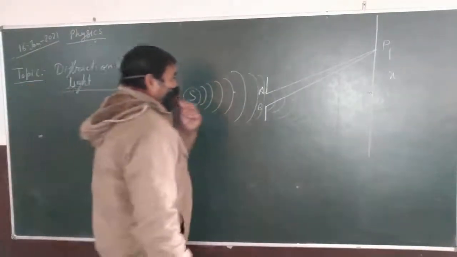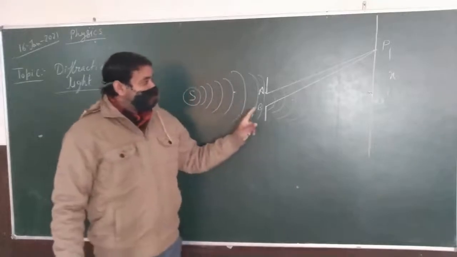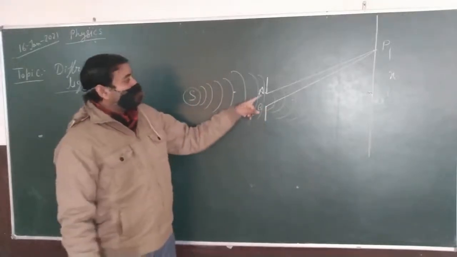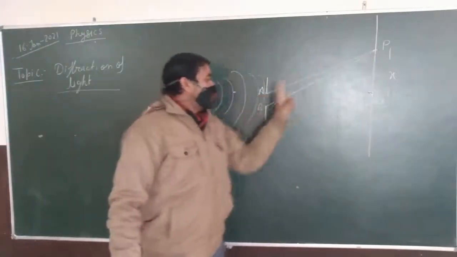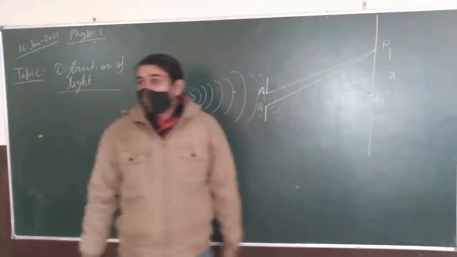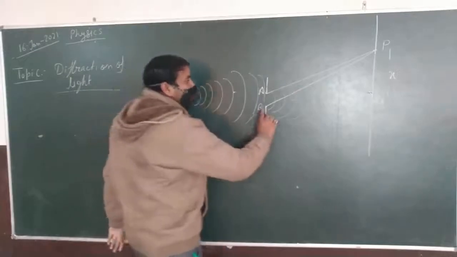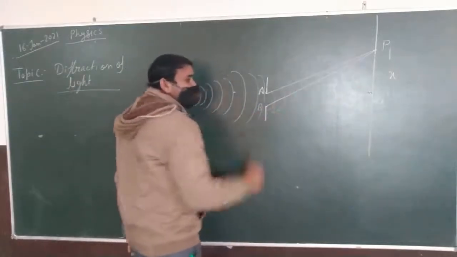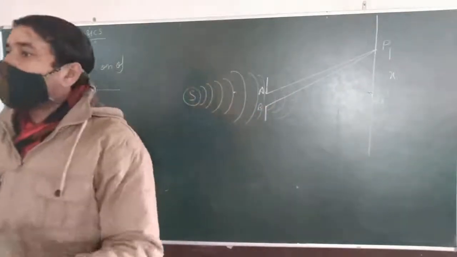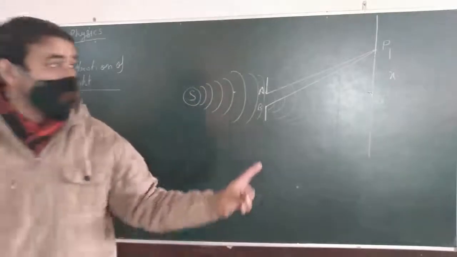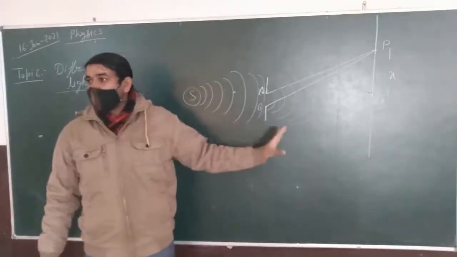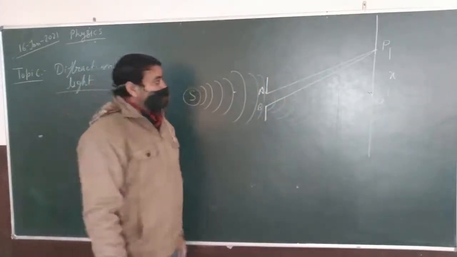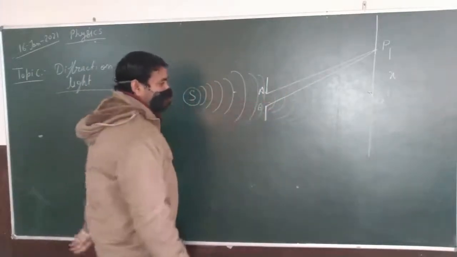As we discussed in the previous class on interference of light, we need to calculate the path difference from A to P and B to P. So it is very clear, B to P is the larger one. We have two methods to calculate this path difference. One is the same as we discussed in the previous class. Okay, and now we have another method.